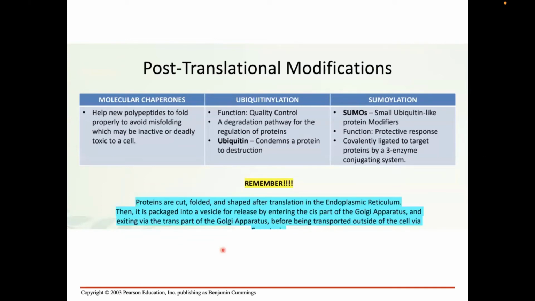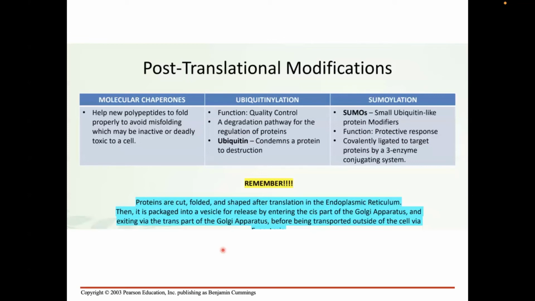And then your ubiquitinylation, parang mahirap siya bigkasin. It functions as a quality control. It is a degradation pathway for the regulation of the proteins. Your ubiquitin, I don't know if I'm pronouncing it correctly, condemns a protein to destruction. Itong ubiquitin, it serves as a quality control. Titignan niya yung parang proofreading. Okay? Ito yung after na ng translation process natin, titignan niya kung may mga mali ba doon sa amino